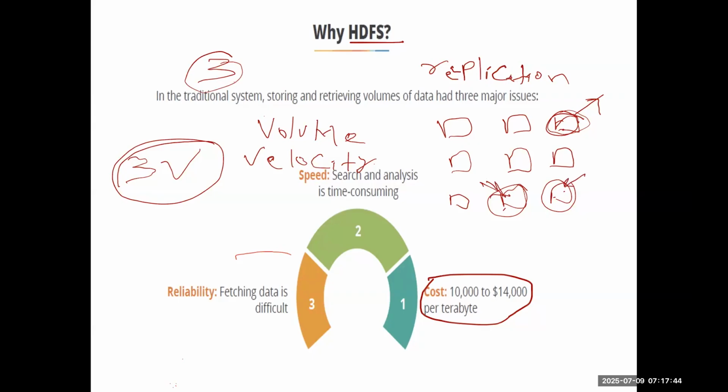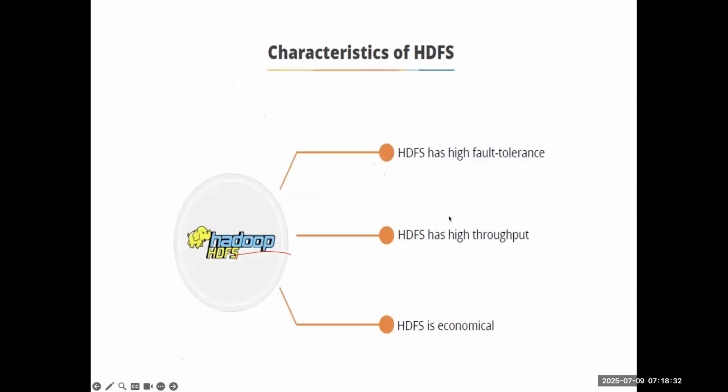And let's suppose something happened to those nodes. As soon as this node fails, HDFS automatically creates a new copy of this data, because the replication factor is three. So every time this data needs to be at three places. As soon as this fails, HDFS will automatically create a new copy at some other node. Okay, let's understand these three things.